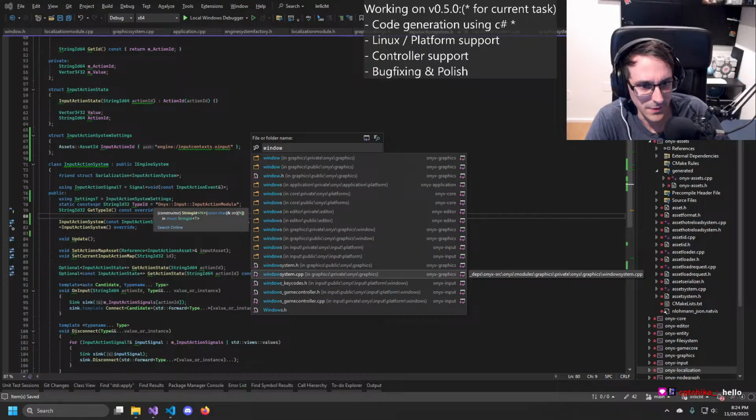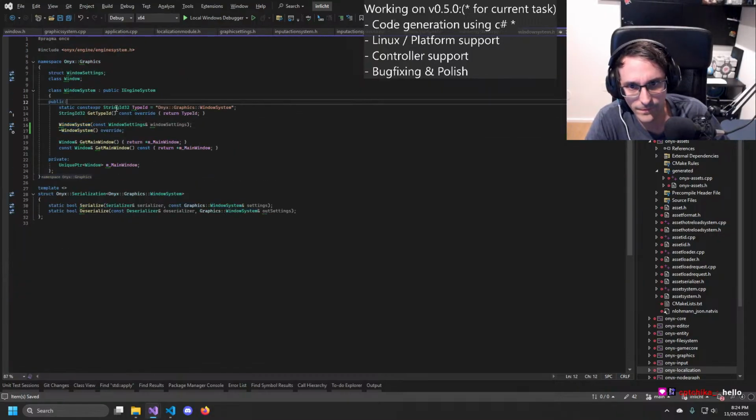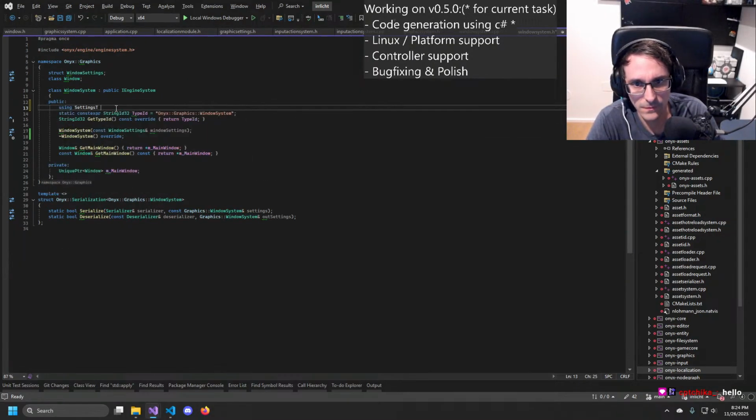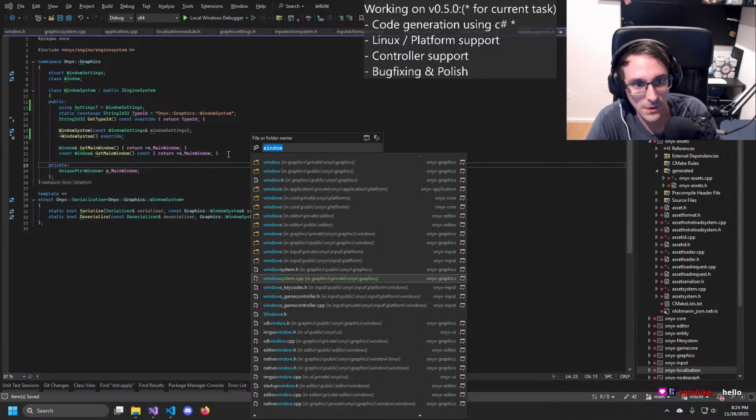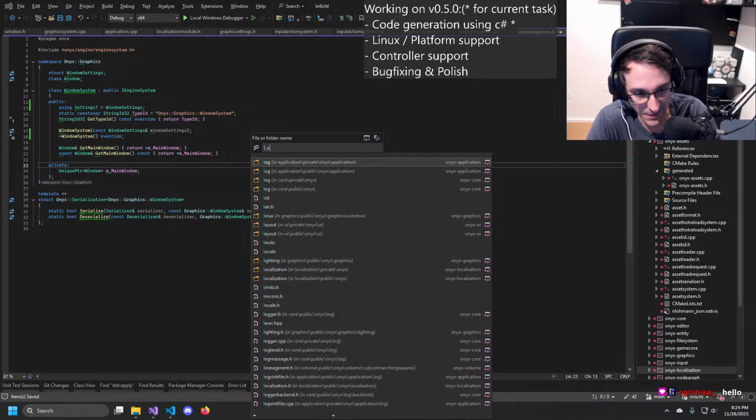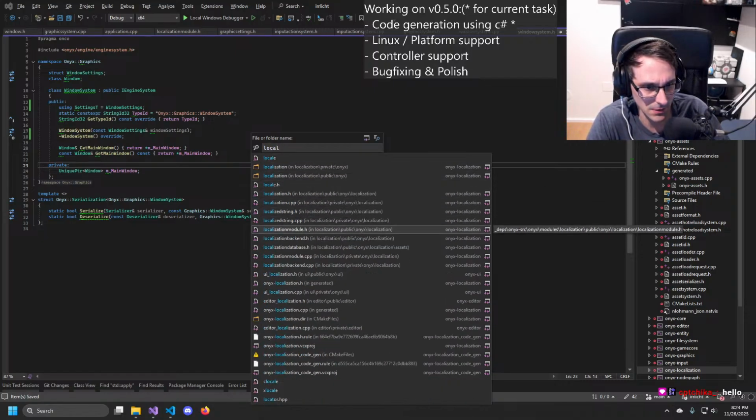Window system. And then we have last but not least Loca, I think.